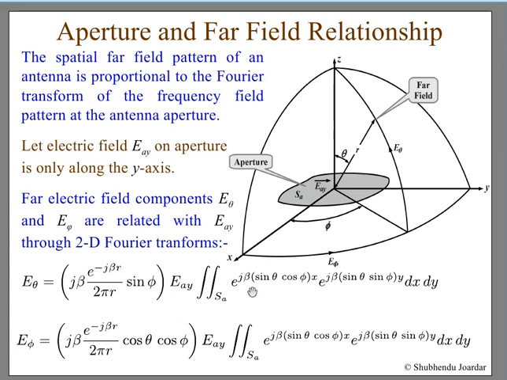So I have just taken out the expressions. You see that this E theta we want to calculate from this one, which is actually some constant, let us say a fixed term for the time being, into the electric field EAY with the Fourier transform of this, and the Fourier transforms are calculated with